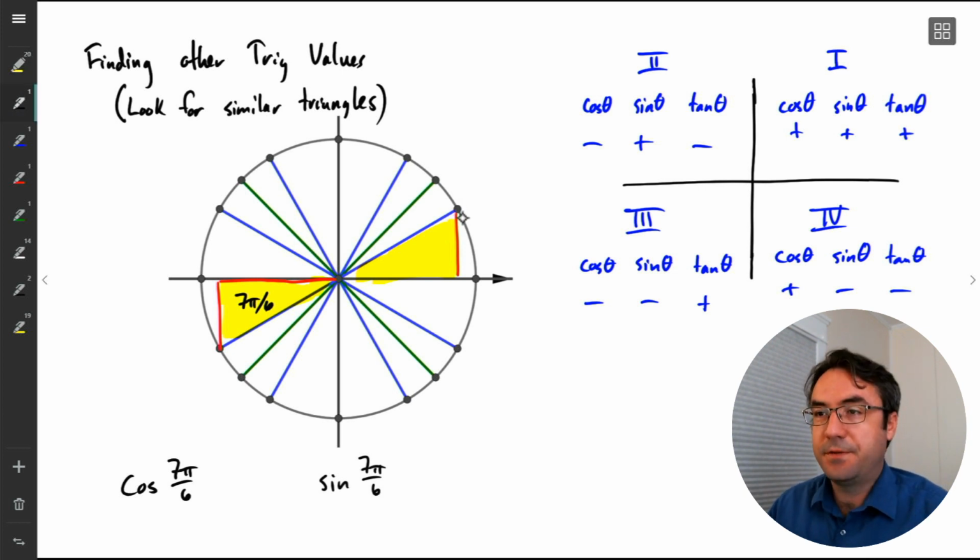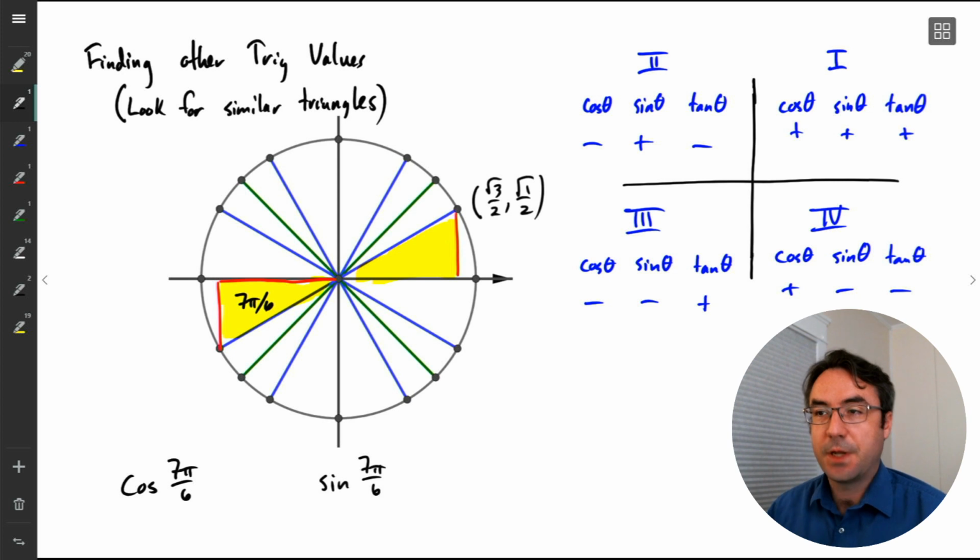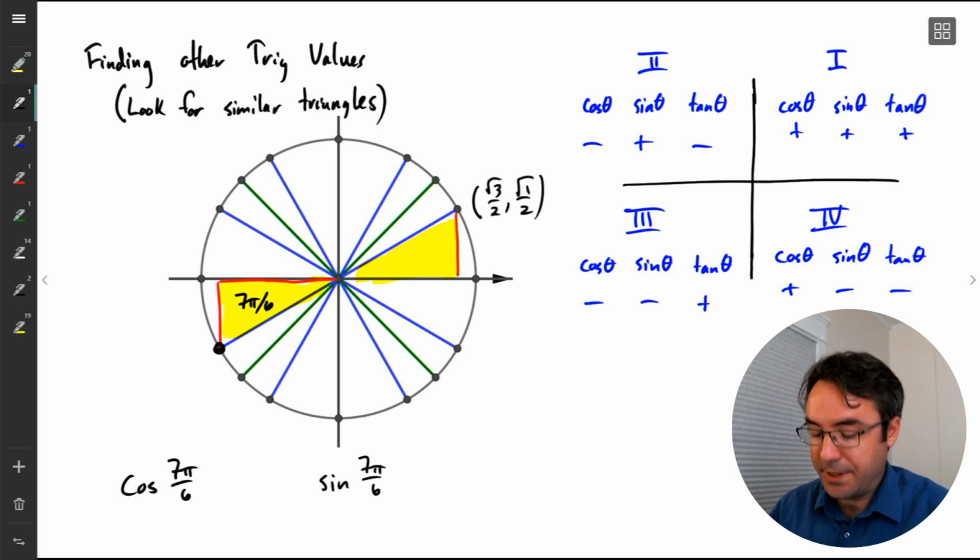And what are the coordinates of that point? Well, the first coordinate is square root 3 over 2. The second coordinate is square root 1 over 2. So what does that mean for our point down here? Well, let's just look. So this point right here